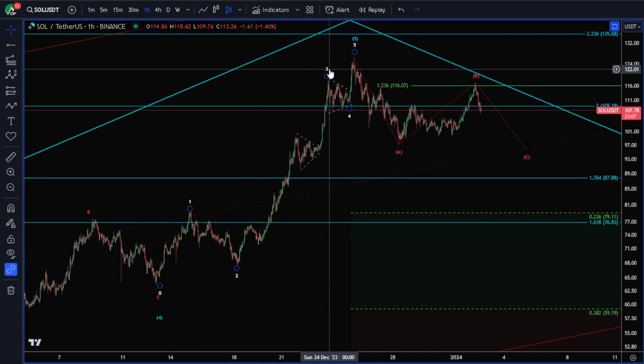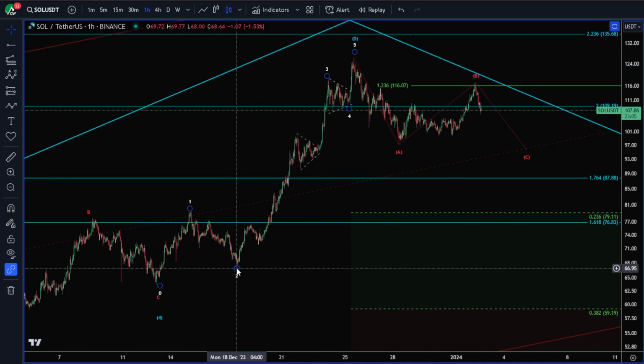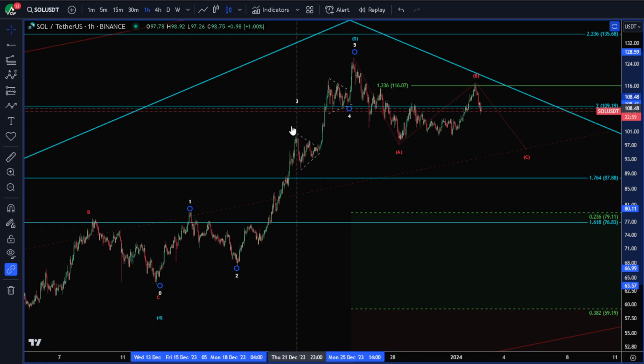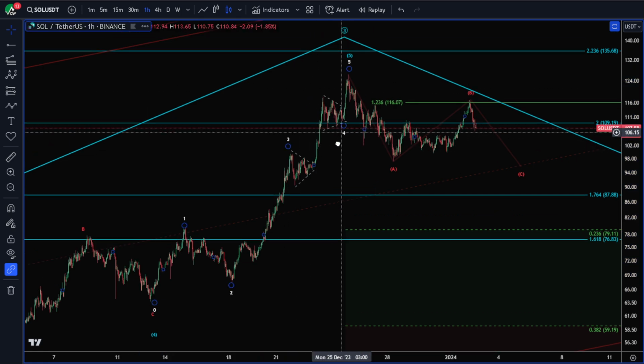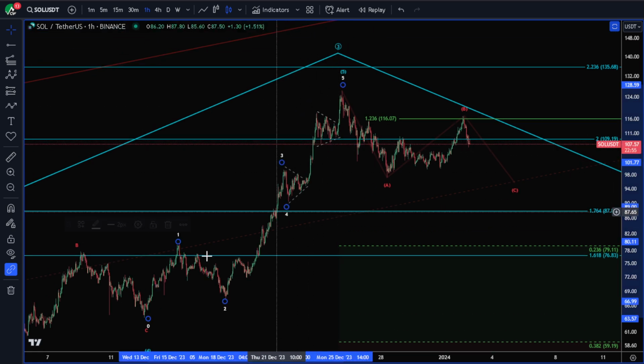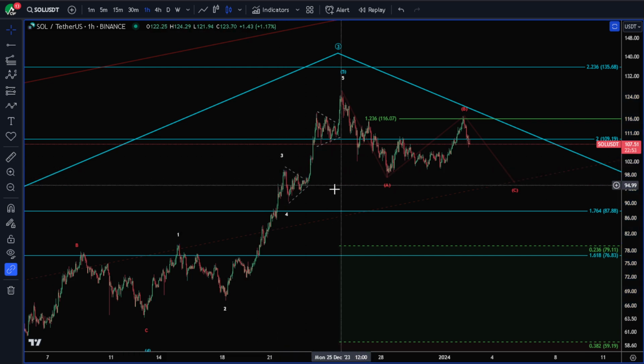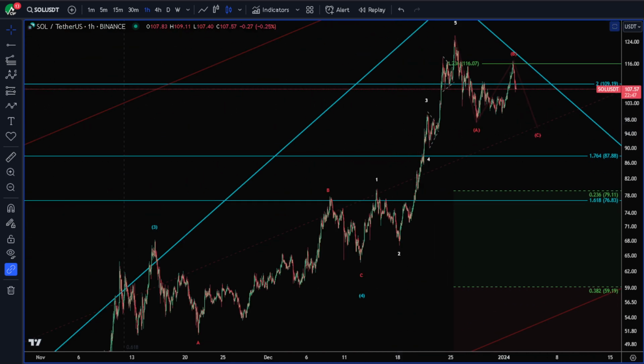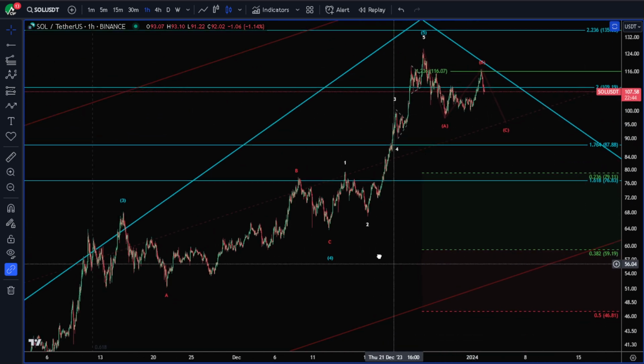There are 5 waves in here, but how I would change this count is if this is a 1, 2, 3 with a flat, and then we start our third from here. This was actually the 1.618 extension of that wave 1 off the 2, right at this level. And then we get 1, 2, 3, 4, 5 for our fifth. That's how we can be complete. And if we are complete, I would expect a much deeper retracement